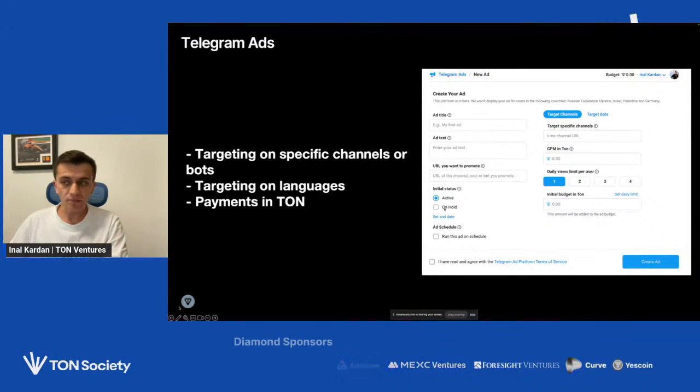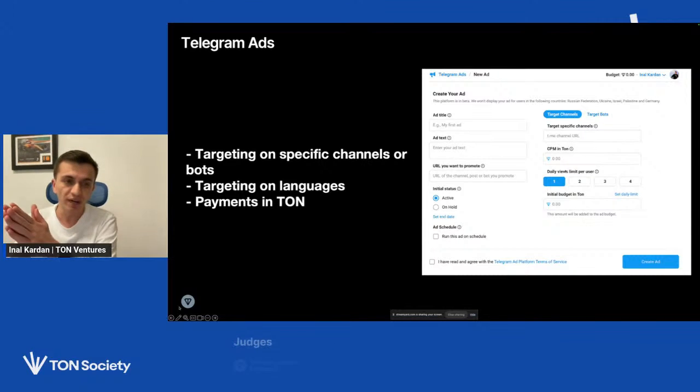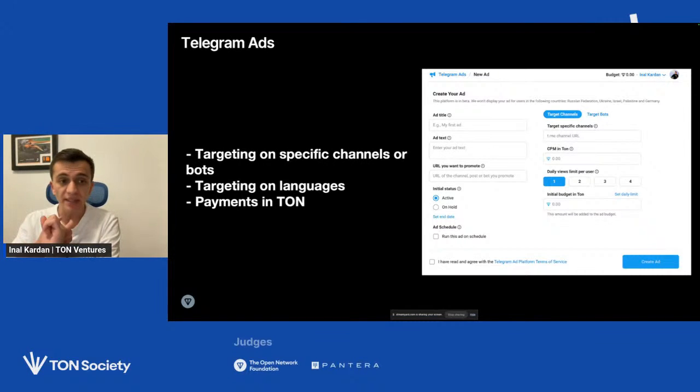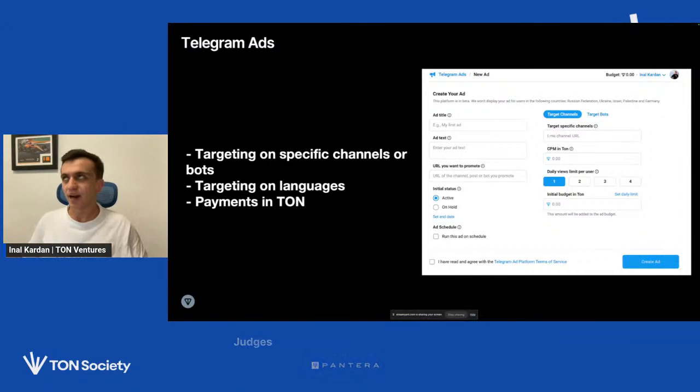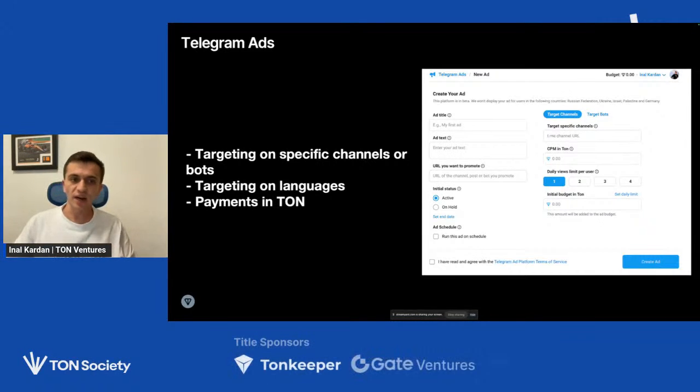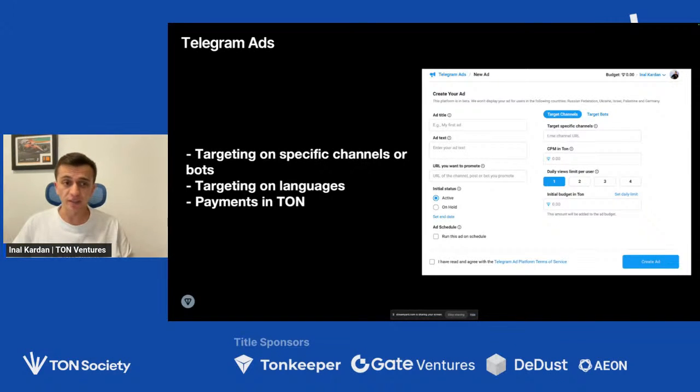Next thing which should be mentioned is that you can pay for ads using TonCoin, which is very convenient as well. So what is important here, Telegram ads is one of the first things that you definitely have to try. There are certain limitations, because targeting on Telegram ads is not as customizable as with many other platforms, just because Telegram is a privacy-focused application and they do not collect a lot of data about users.